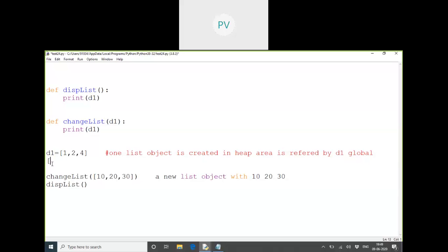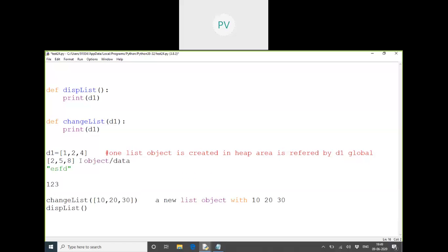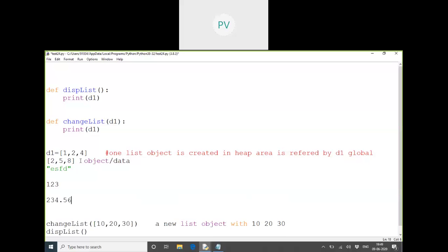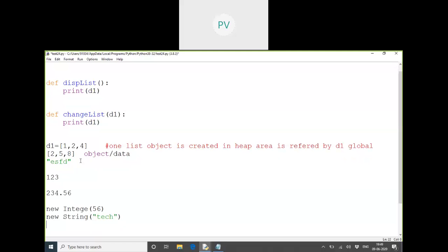Whenever I write anything like this, what happens? This is an object. Anywhere you type something, this is information, or data. This is a new object. Whenever you write anything, this is an object. It's not like Java. In Java, we had to do it with the new keyword. If I want a new integer object, we used to do it like this. If I want a new string object, we can do it like this. In Java also we can do this, but for arrays and all, we cannot.